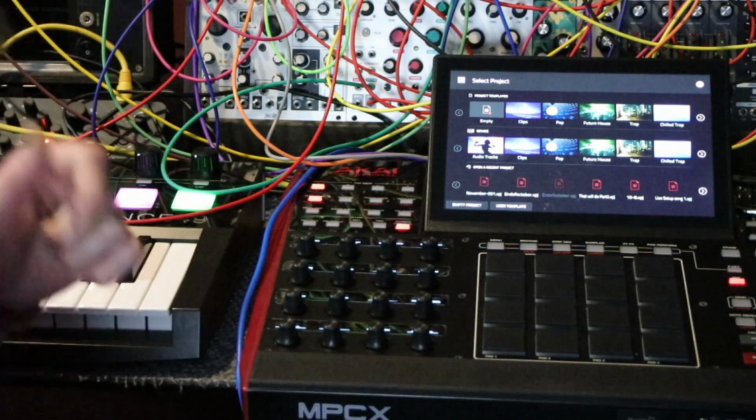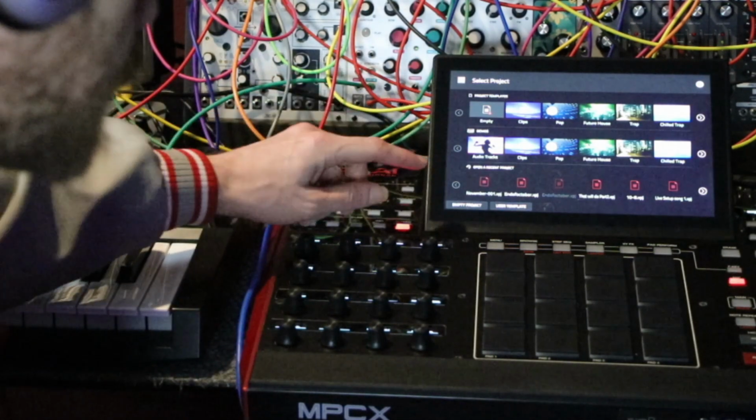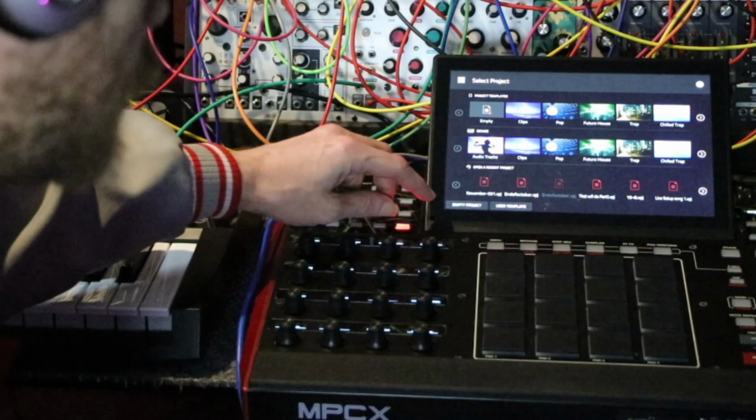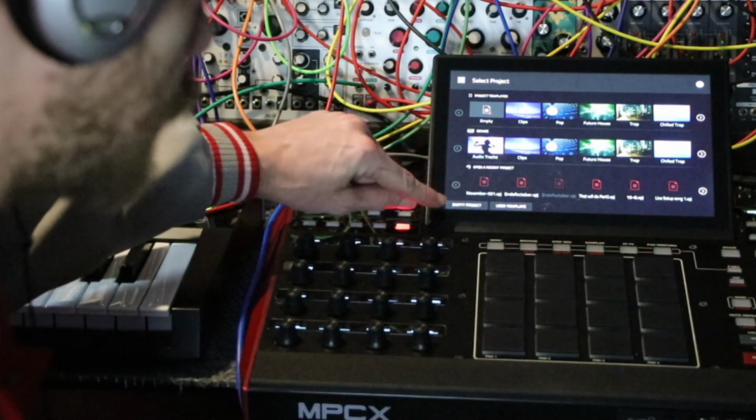I thought that I would start on an empty project and kind of walk you guys through. This way, if you're having troubles making a full song from start to finish, that's what we're going to do here. I'm going to try to do it in like 10 minutes. So, here we go. I'm going to start with an empty project,